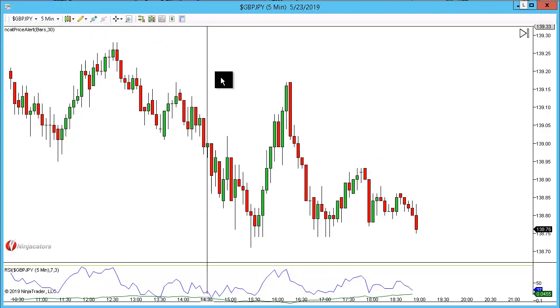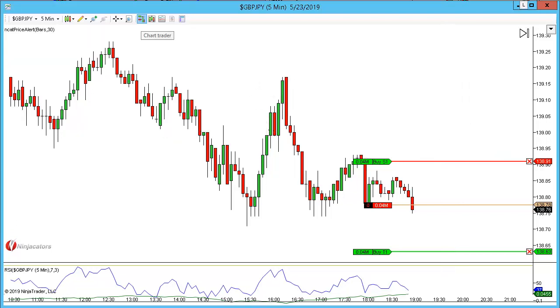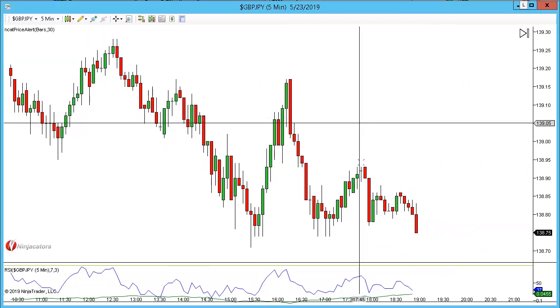This one's the pound yen on the 5. We have a breakout pattern, pretty much just a 1-to-1 here. It is the lower time frame. I am going to go out and do the higher time frame and just show you why I'm looking at